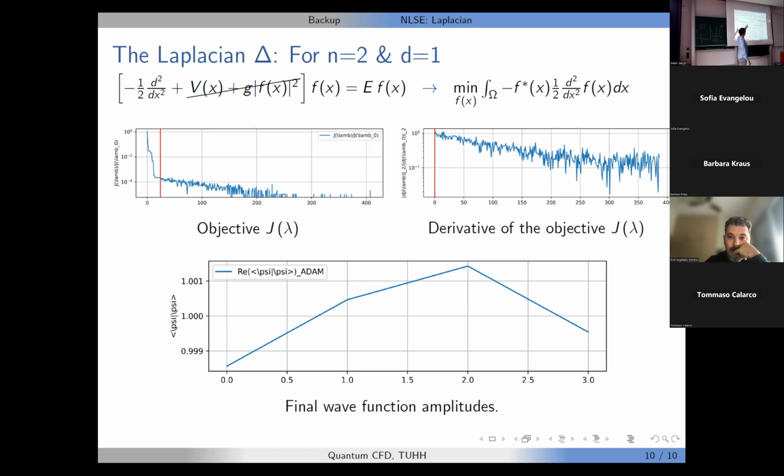We have the non-linear time-independent Schrödinger equation. We reformulated the optimization problem, and then first used particle swarm optimization, which is a Monte Carlo simulation, for simplicity, up to the red line. The convergence criterion was set to 10 to the power of minus 3 or 4, I can look it up. It should be 2 times 10 to the power of minus 4. Then we switched to the gradient-based approach, where we use the parameter-shift rule to manipulate the parameters. And then we went further.